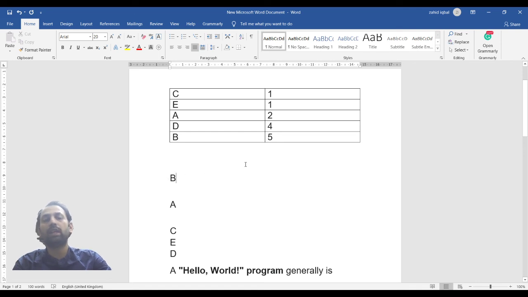If your data is arranged in paragraph form, you can select the data in the paragraph and click on the sort button and choose Paragraph, then OK. The data is arranged automatically in